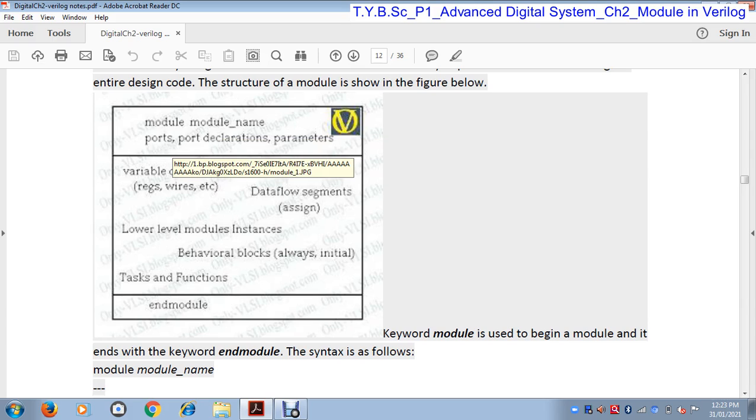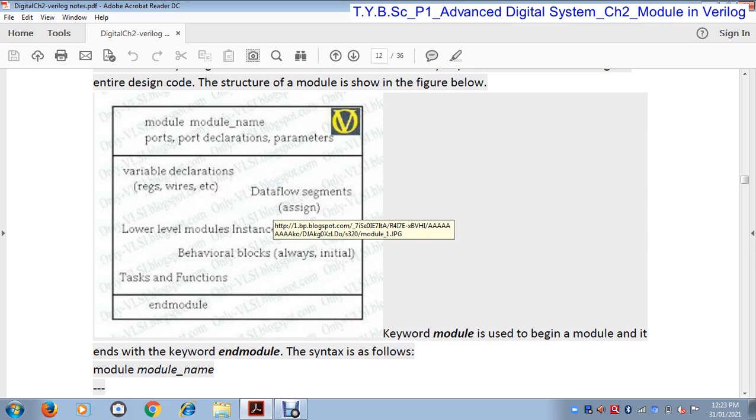Next, the port declaration and parameters. Then the variable declaration. Here you can define different types of variables, of register data type, net data type, vector data type, or array data type. Any variable can be declared within this block.